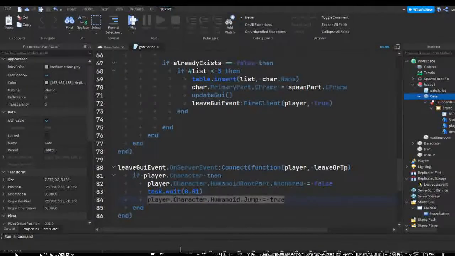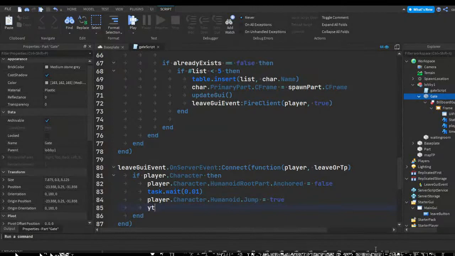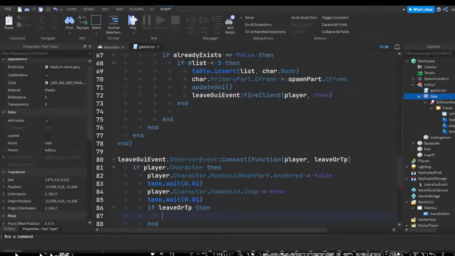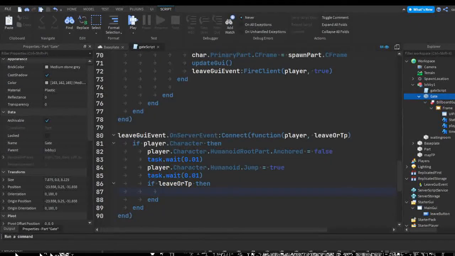This is gonna be good in case a player gets stuck on a block, or they're probably gonna get flung out from a bug or anything of that sort. Now we can just add another task.wait 0.01, adding another delay. So if the player, or if leave or TP is true, then